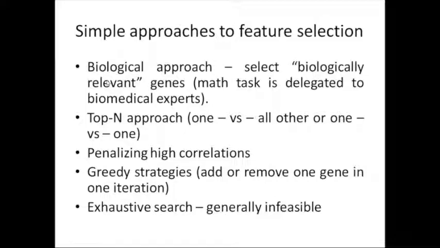And if there are two genes with highly correlated expression levels and one of these genes is really differentially expressed, then, due to the high correlation, the second gene generally would also be differentially expressed, would also have high level of differential expression, and then would also be selected in the final top-N